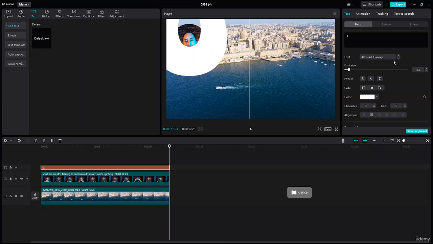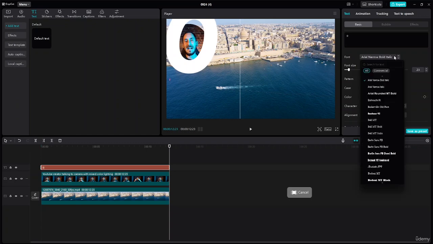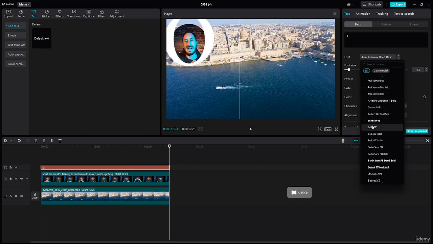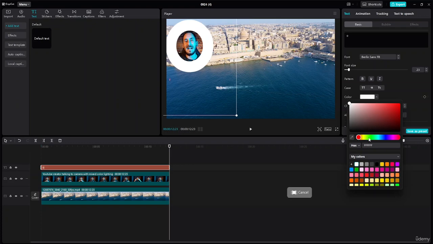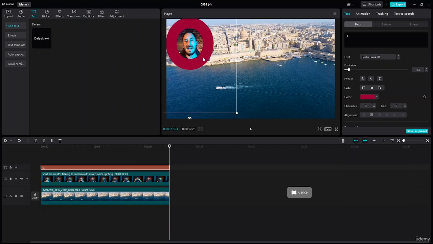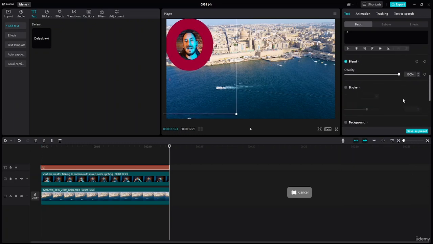And now I can change the font style as well. Okay, so let's come here and let's try to check out a different font style. You guys can see there are a lot of font styles which you guys can use. So let me just come right over here. Let me just place this particular thing accordingly. And also if you want to put on some colors, okay, let me just go with some red. Okay, so I will just put on this red color right over here,